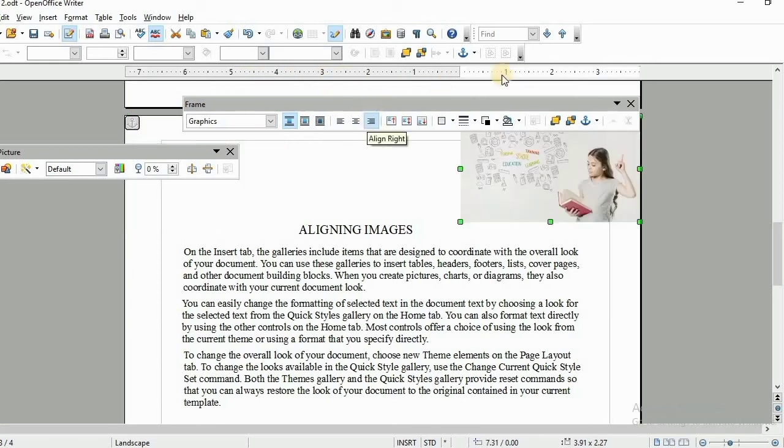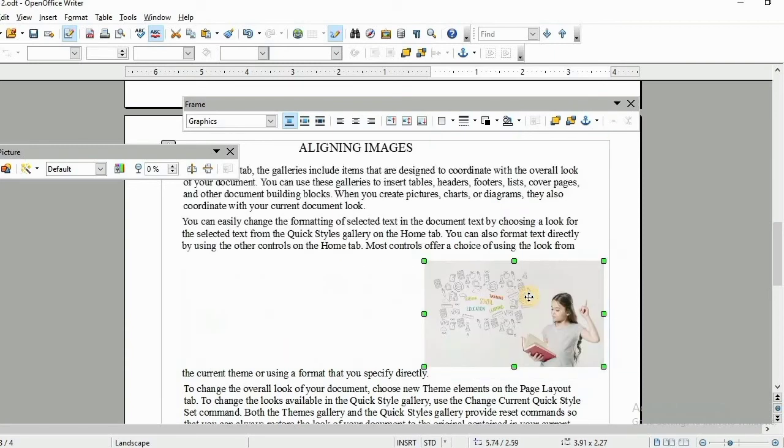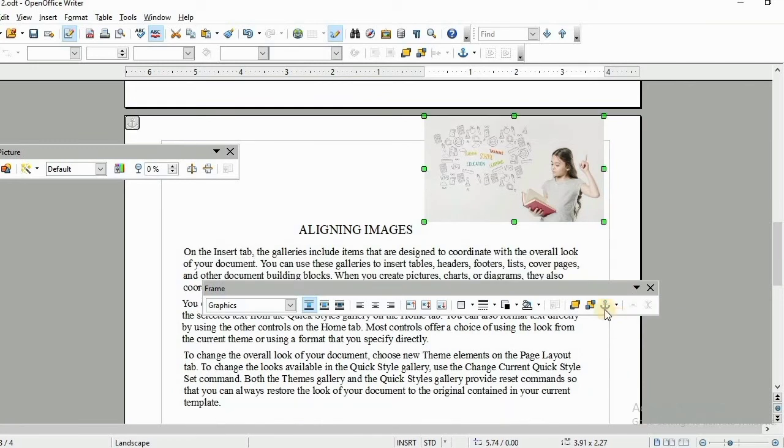Now when I select paragraph option, my picture is at paragraph alignment. It is at paragraph top. Now when I click here to page, you can see it is on top of page. Thus, we can set all these 6 alignments on our photo.